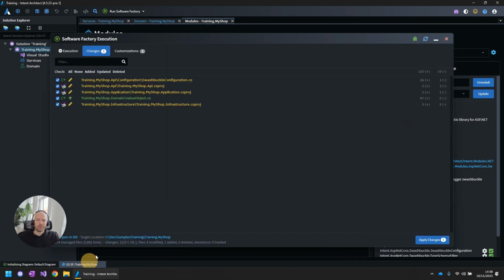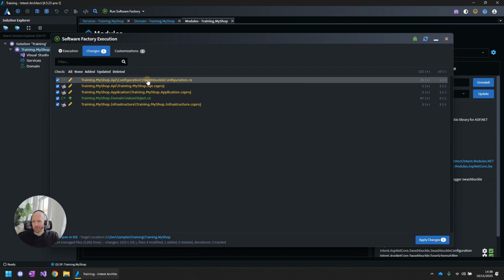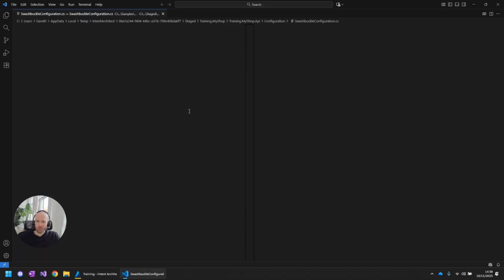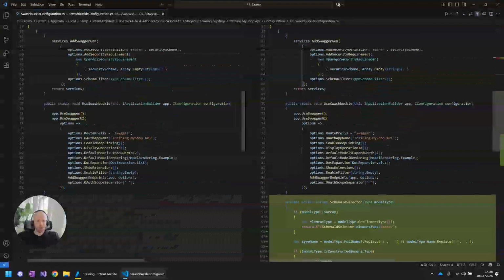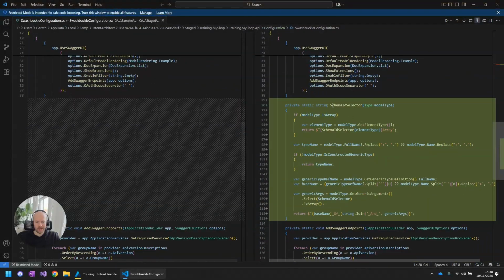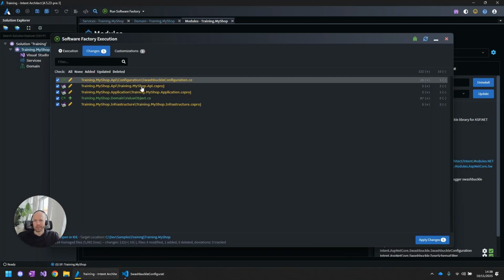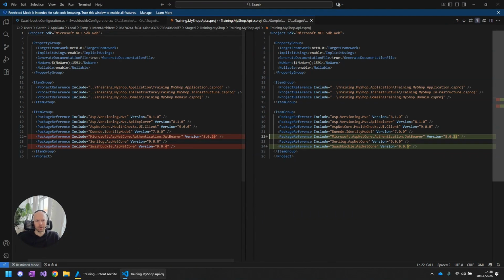And right now it's bringing up that there are 5 changes that I would like to bring in. And here we can see that there is the Swashbuckle configuration. So this was really what that release note was pointing to, some of the information about what this upgrade does entail and the reason for it being there. And then you can see that there's lots of updates that are coming in, which are things like NuGet package